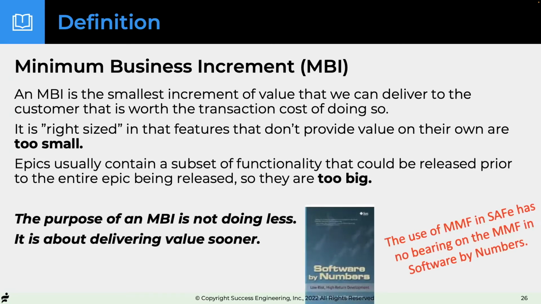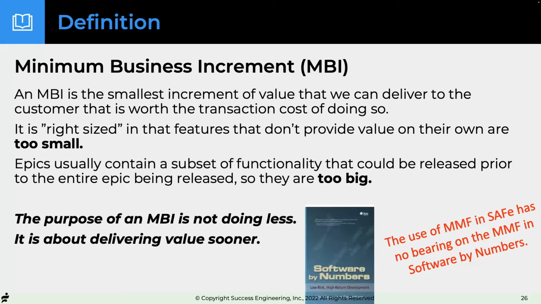That's the idea. And its heritage comes from the minimum marketable feature of Software by Numbers. We changed the name not to distinguish our version from theirs, although ours is different. It builds on it. It's kind of like more stuff added, which we'll see in a minute. It's because not everybody markets, not everybody does features. So we found the name minimum marketable feature limited our business. Literally, people would say, well, we're not marketing. We don't have features like that. But a minimum business increment, that could be anything. It's just the next thing you deliver fastest. Again, MMF and SAFe, they use it in Lean UX. Lean UX doesn't mention anything.